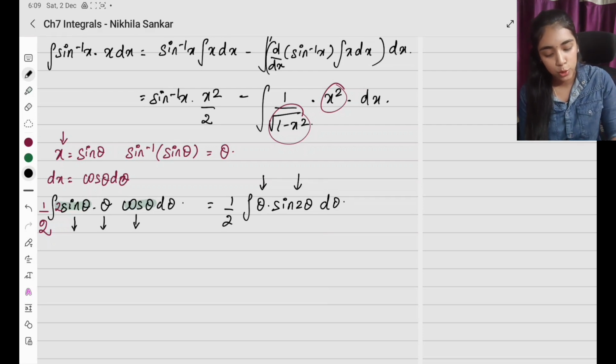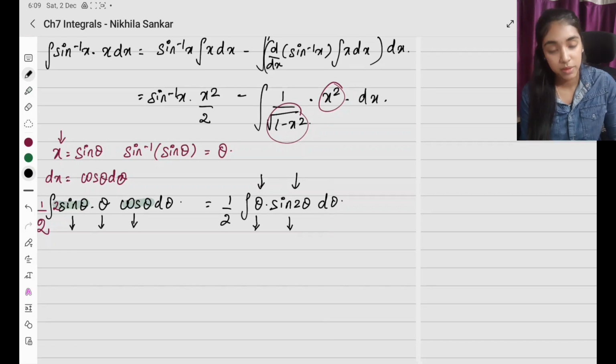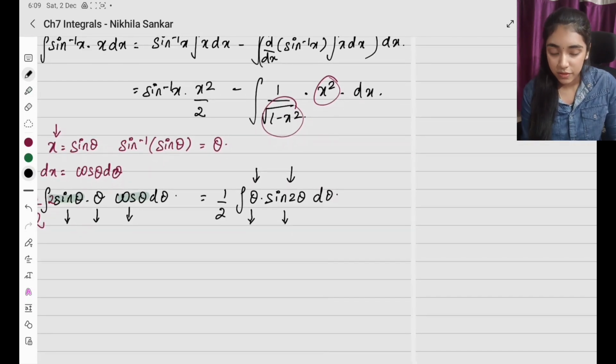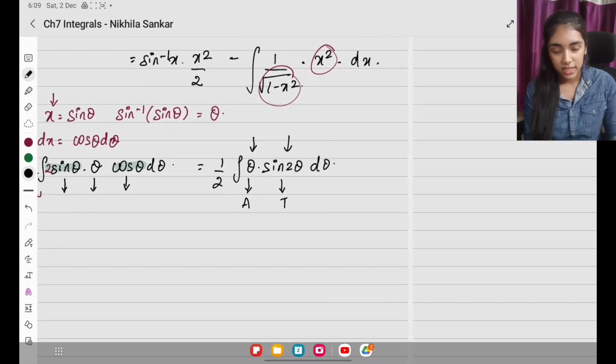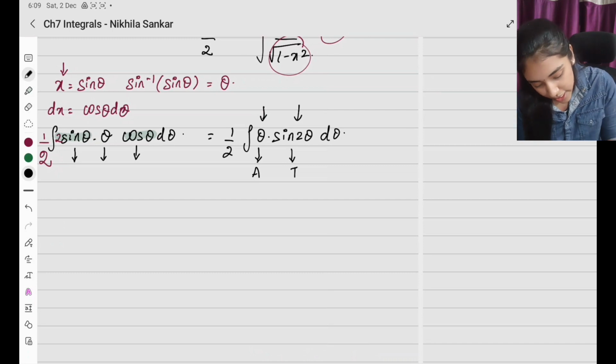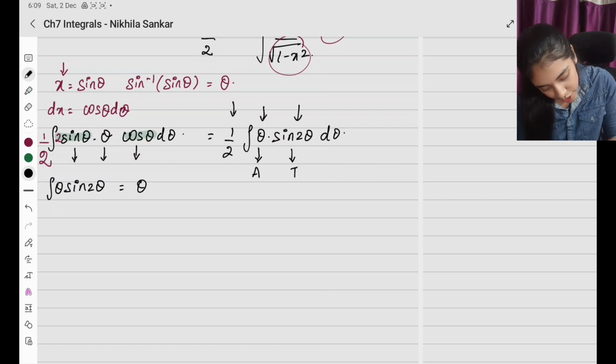Now I have two different functions. This is going to be my algebraic function. This is going to be my trigonometric function. So which is given the first preference? ILATE, so algebraic is given the first preference. So I have a half, I'll write it at the end. Integral of theta sine 2 theta is going to be first function, integral of second function, minus the bigger integral,